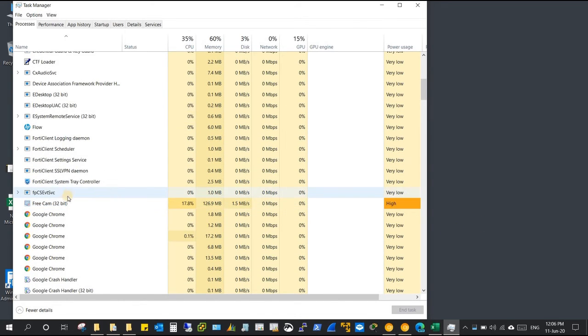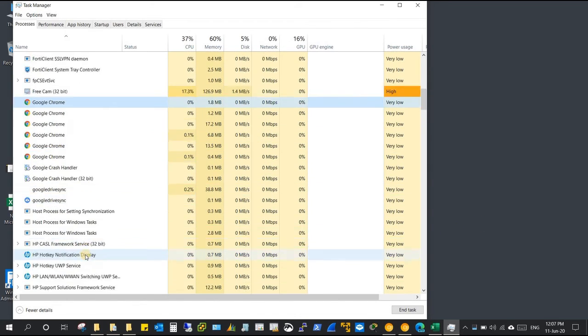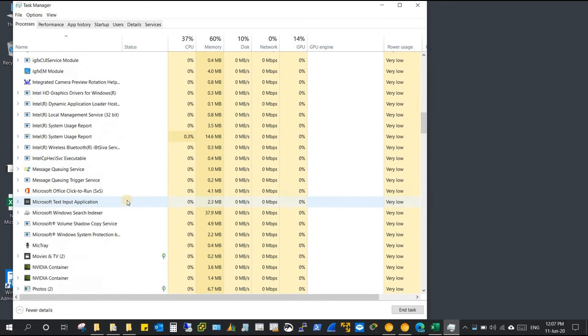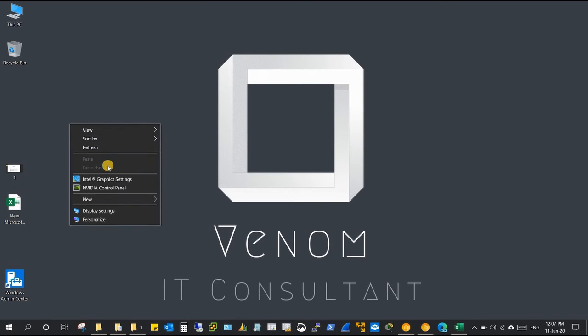So which is high, you can identify it. And all these services are running in the background, which is consuming the system memory and performance. And for next,